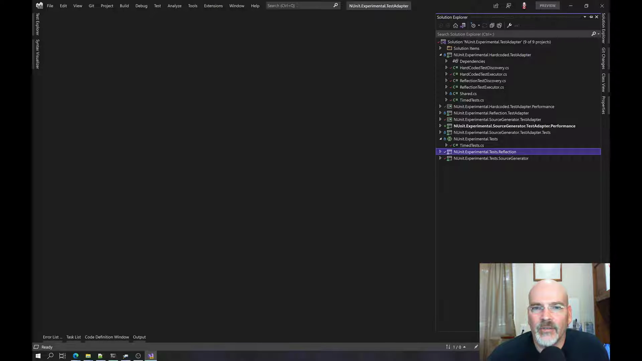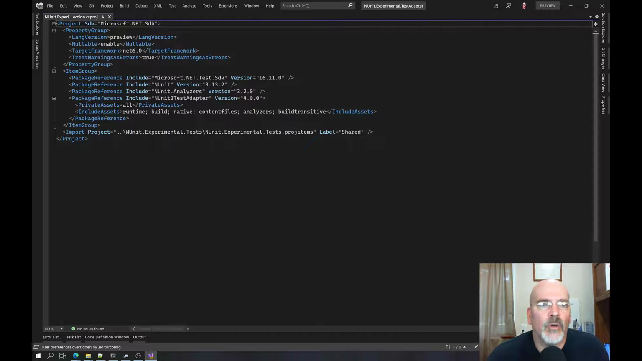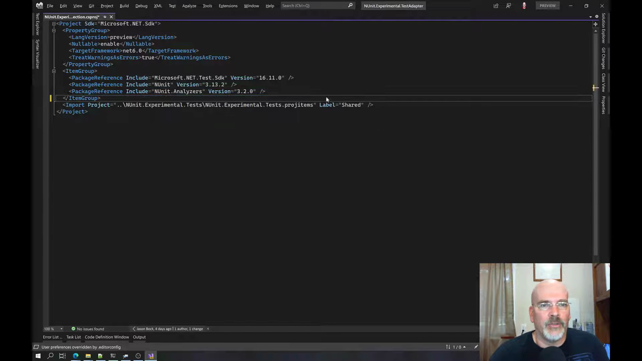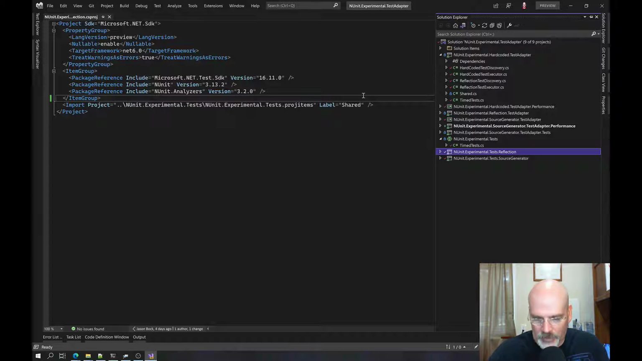Like, how would, wait a minute. How would this even work? Oh, it's because I inadvertently included the test adapter here. That was not what I wanted to do. What I want to be able to do is say,